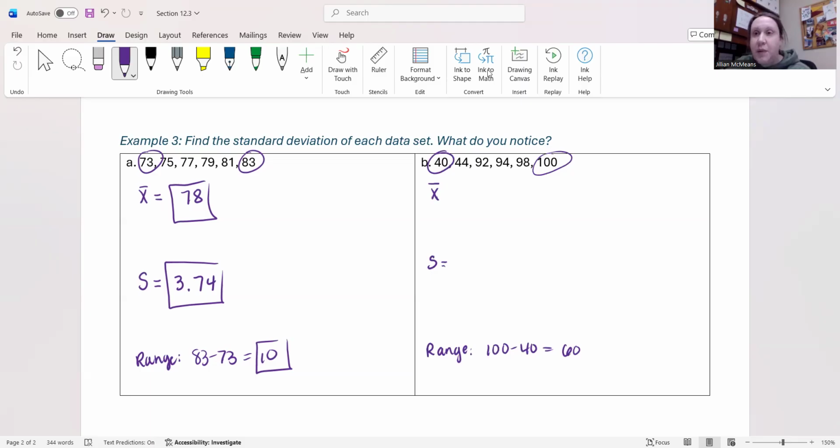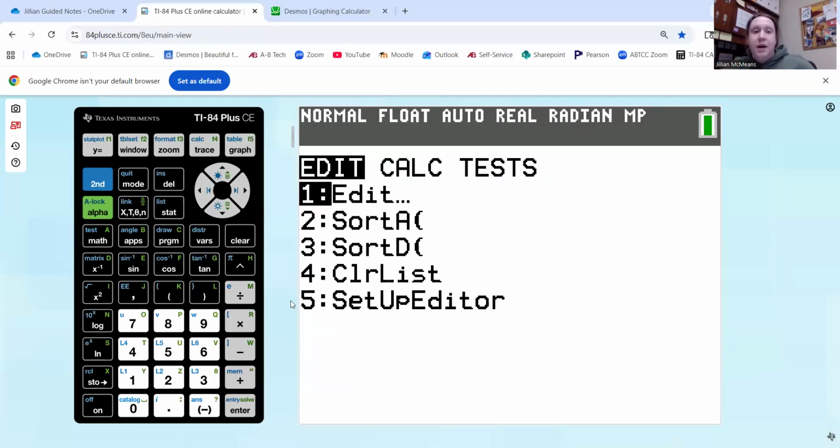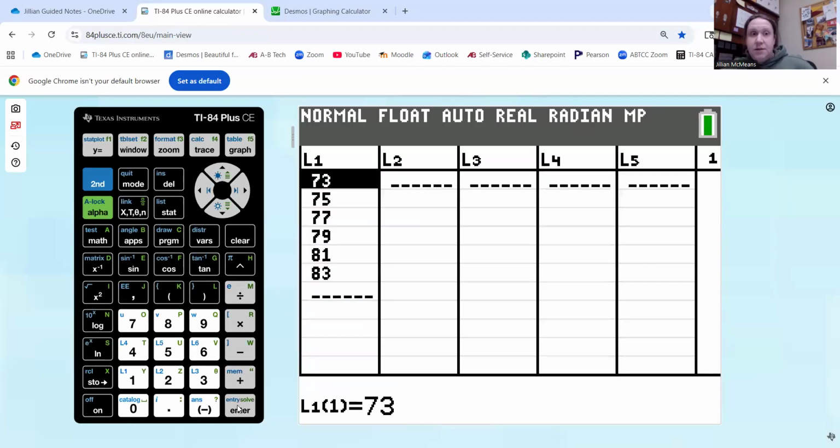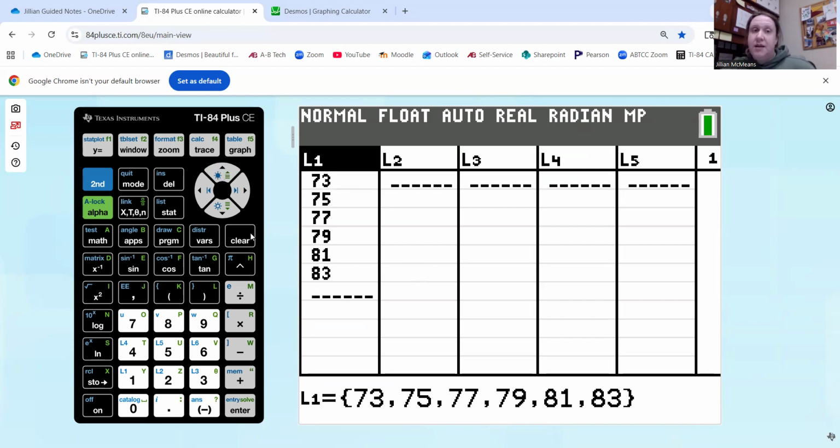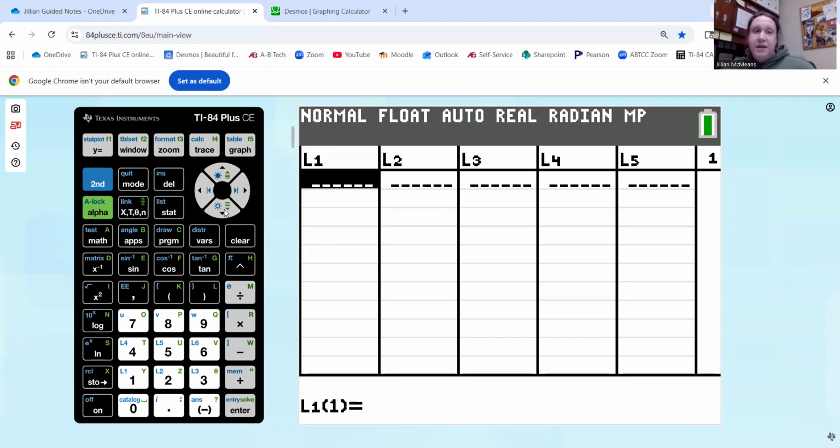All right, let's go back to the calculator. All right, I'm going to go back to stat, okay? I'm going to edit my list. You could technically do another list in L2 and then kind of compare the two side by side, but I'm just going to show you this one method so as not to super confuse. We're going to go up until L1 is highlighted, hit clear, go back down, and then I'm going to type in my new data set, which is 40, 44, 92,